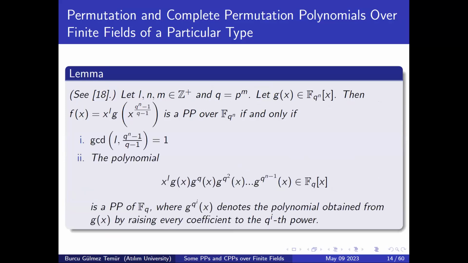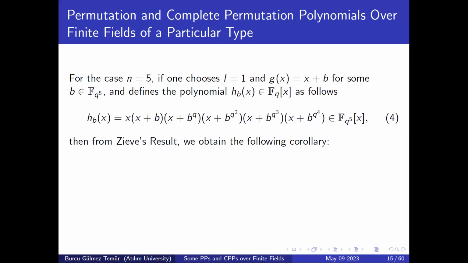and this is the result of Zieve. We used this result actually. It says if you have such a polynomial, it's a permutation polynomial if and only if L and (q to the n minus 1) over (q minus 1) are relatively prime. And this polynomial, the product, is a permutation polynomial. And here G(x), G to the q^i's are obtained from G(x) by just raising every coefficient of G to the q^i power. Now for